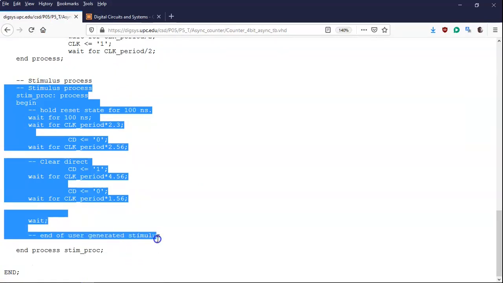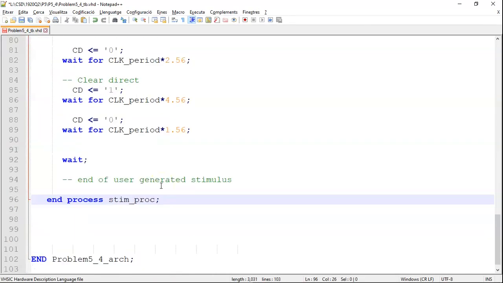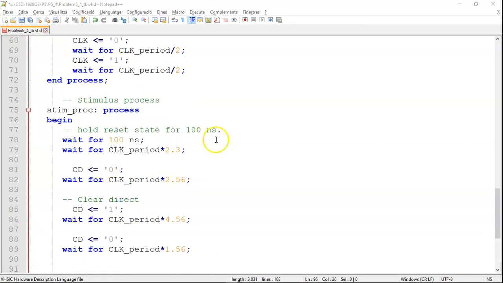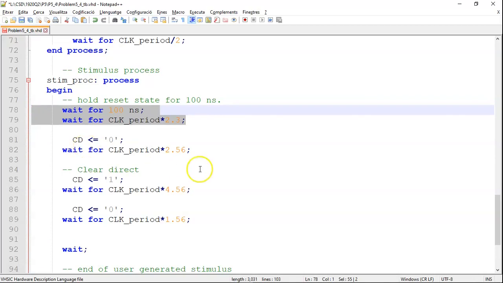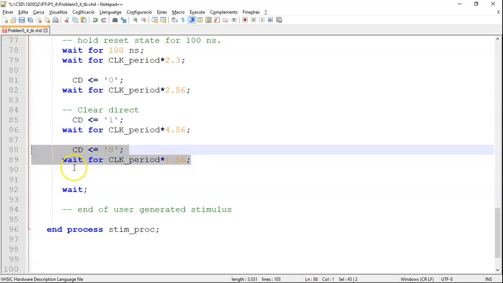This time is very short because there is nothing to say. So basically an initialization period of 100 nanoseconds or something, and then the clear direct go next, and that's all, because there is nothing else to drive here. Okay,